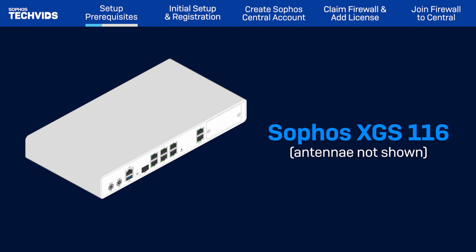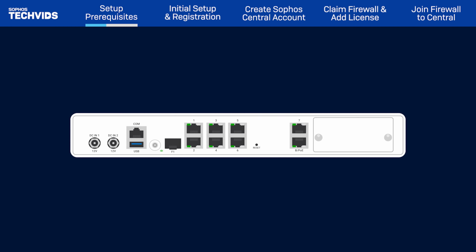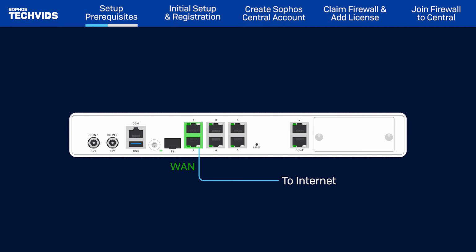In this demonstration, I'm using a Sophos Firewall XGS 116 model. Once the device is unboxed, make sure it has internet connectivity on the WAN interface, port 2. Then, connect the machine to the LAN interface, port 1. It will automatically assign an IP address to your machine in the